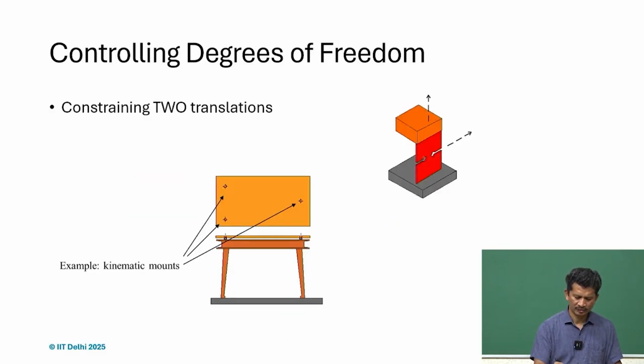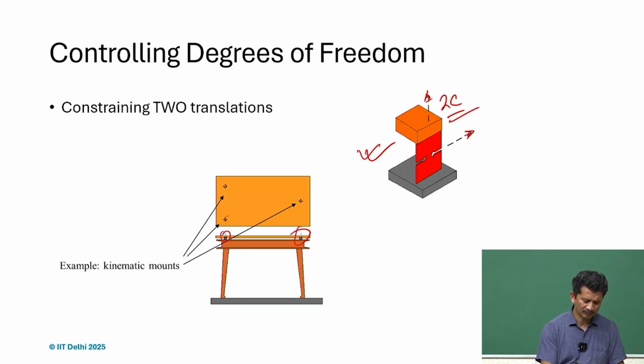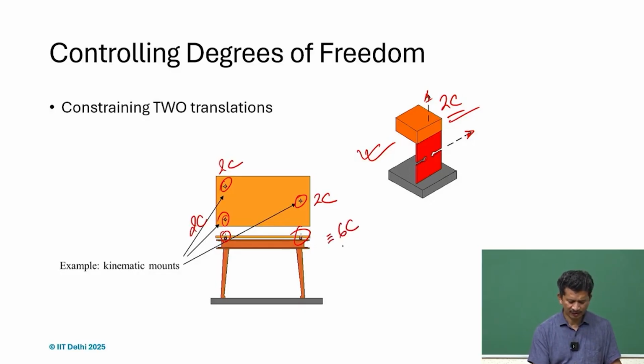So, if you just check this, if you take these constraints, and we have two constraints here, two translation constraints, and what we realize is that if we place them here, so, in 3 places. Yes, the orientation will be critical. So, we have to know that, but if we put it in a certain way, then we get 2C here, 2C and 2C, another 2C. So, total